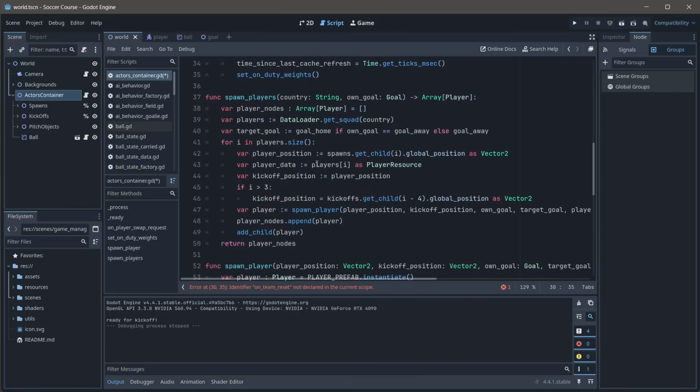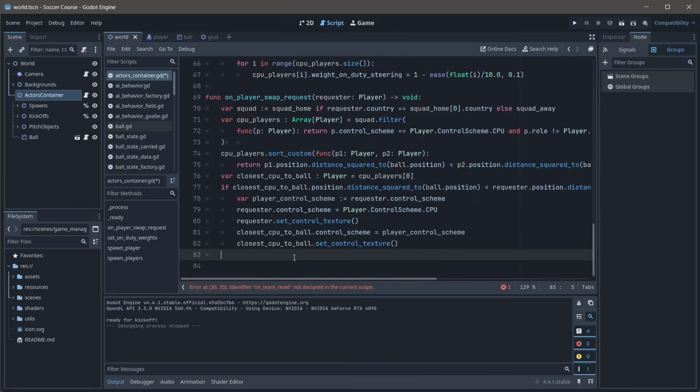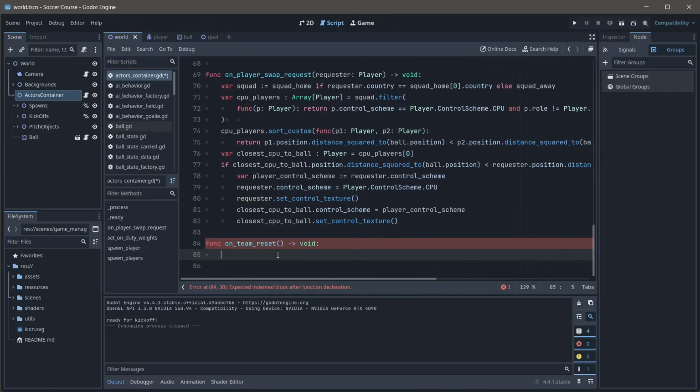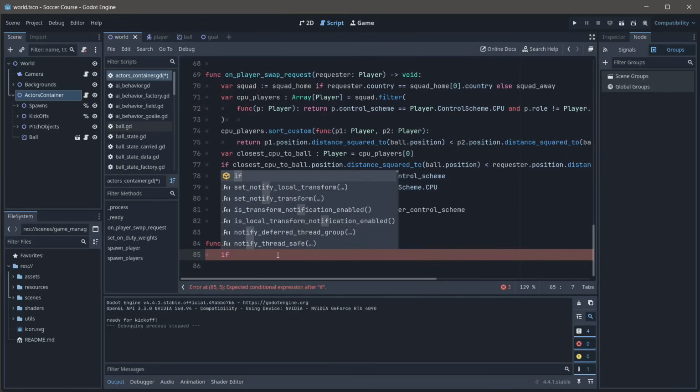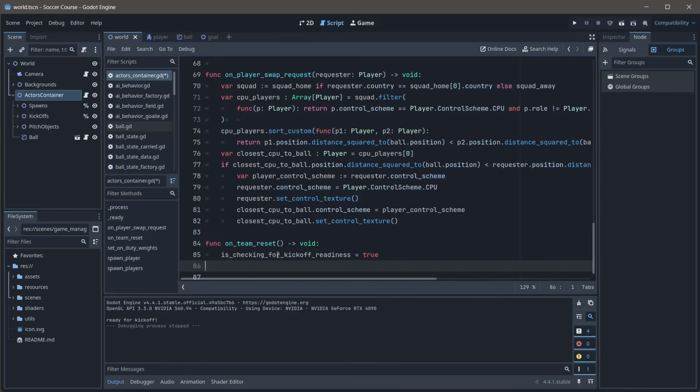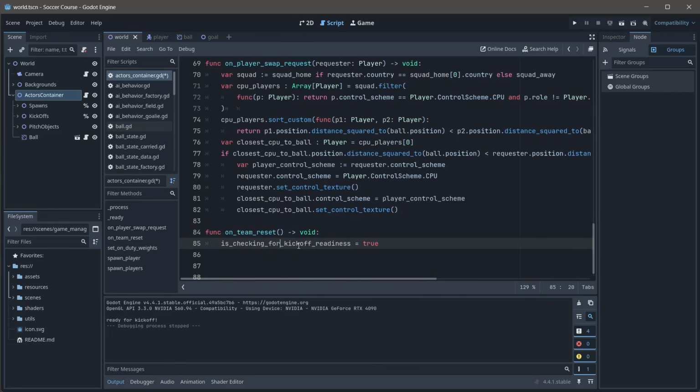Let me create a callback method for this. All right, and so here I'll just set my variable is checking for readiness and set that to true. All right, and then inside my process method,